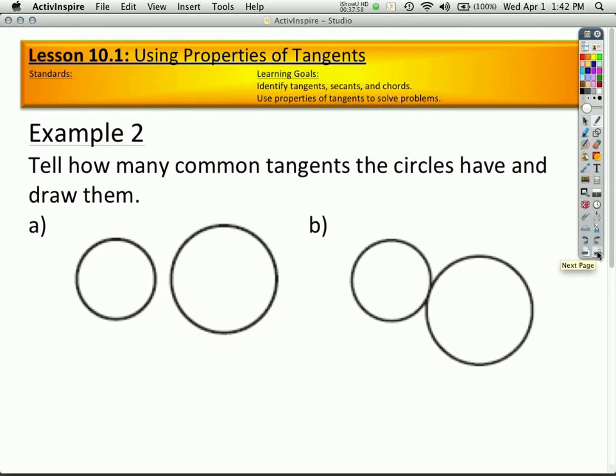Okay. Example 2. Now let's explore the common tangents. And you are going to have to sketch these. Did I give compasses? Okay, so let me quickly get compasses out. And you're going to have to find some space. You do not need to draw these pictures large, but you need to try and